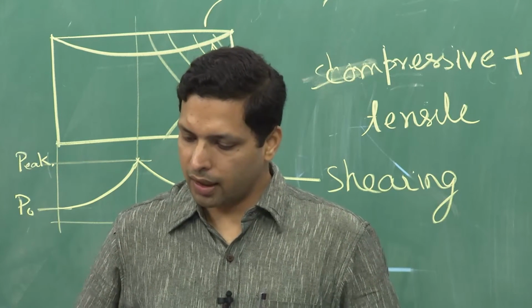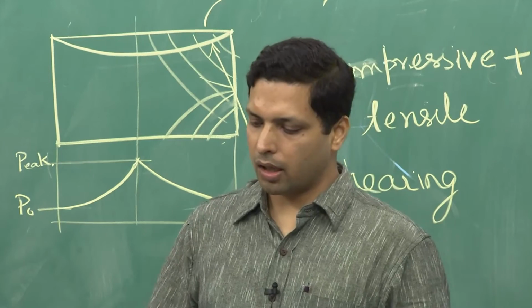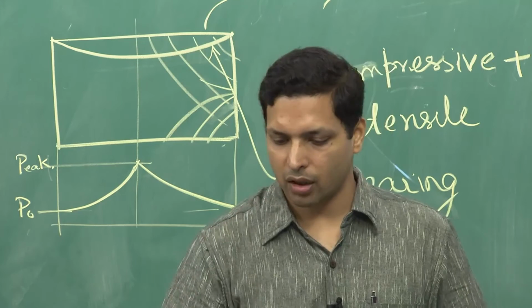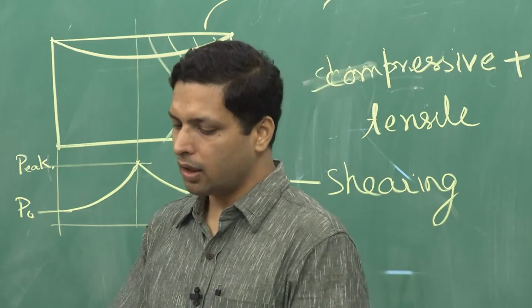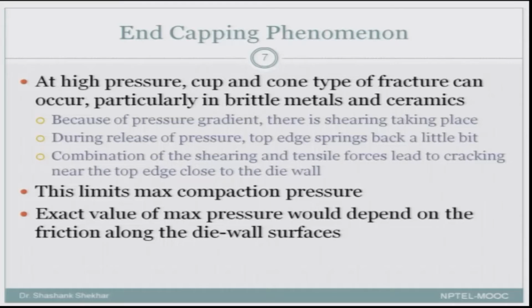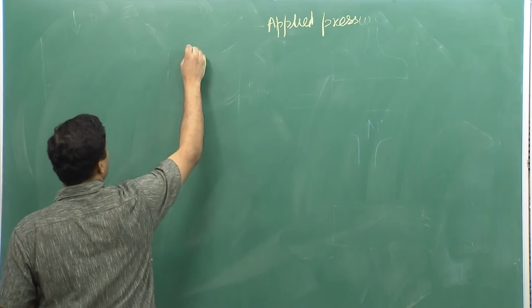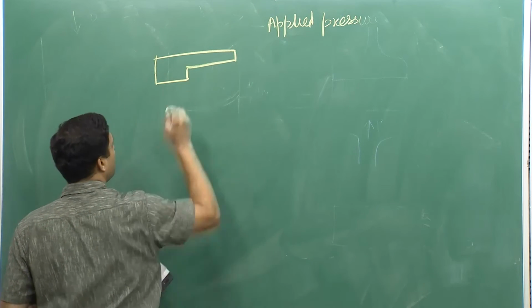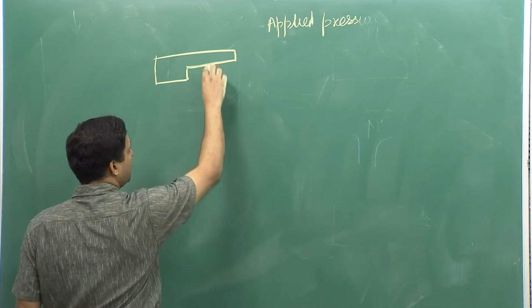Now, having said that, there is another small bit of information that we should look at before we move on from the compaction, the powder compaction process. That is about tooling. So far we have assumed a simple two-dimensional shape. Now, let us say that the shape is not two-dimensional and it has what is called two levels. So, to begin with, let us say this is a shape. It is called a two-level shape because it has two levels.